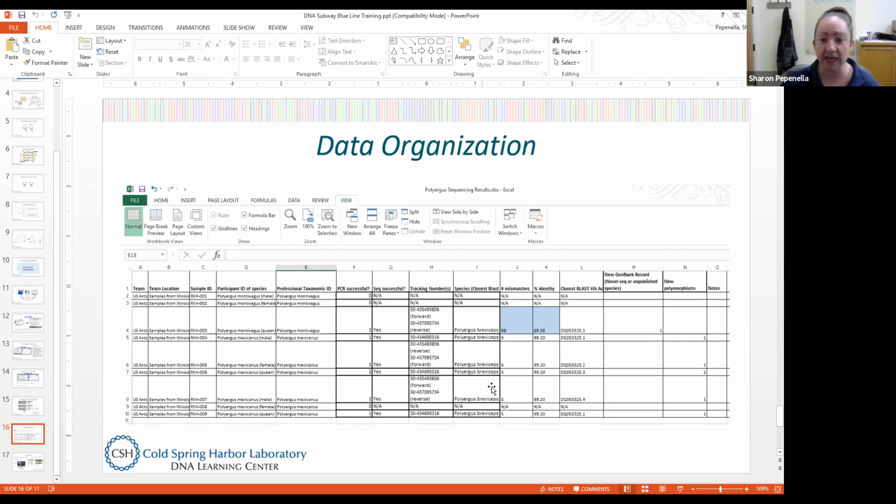putting your tracking number in, and then adding the information like what was the closest BLAST hit or hits? Did you have multiple that were 0 mismatches? How many mismatches were they? What was the percent identity on those? What was the accession number of the closest match hit, in case we want to bring those in and build